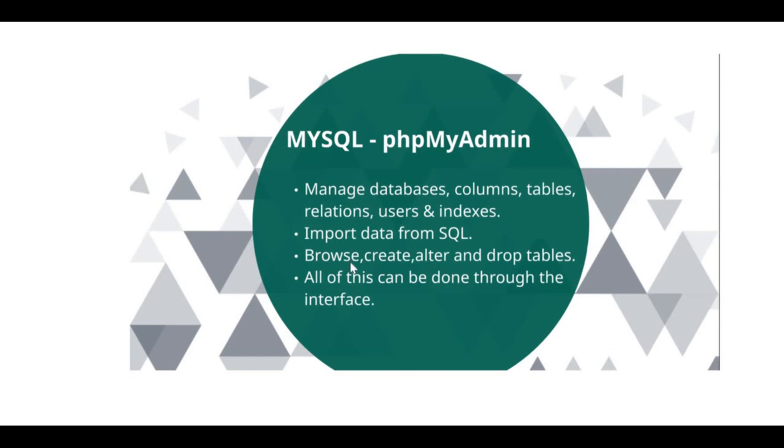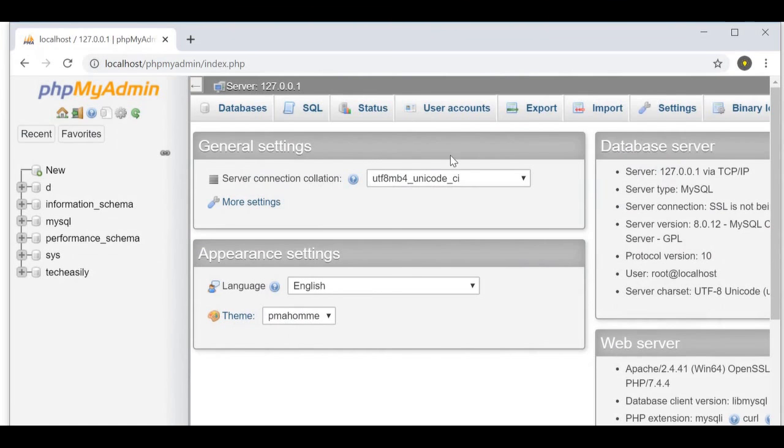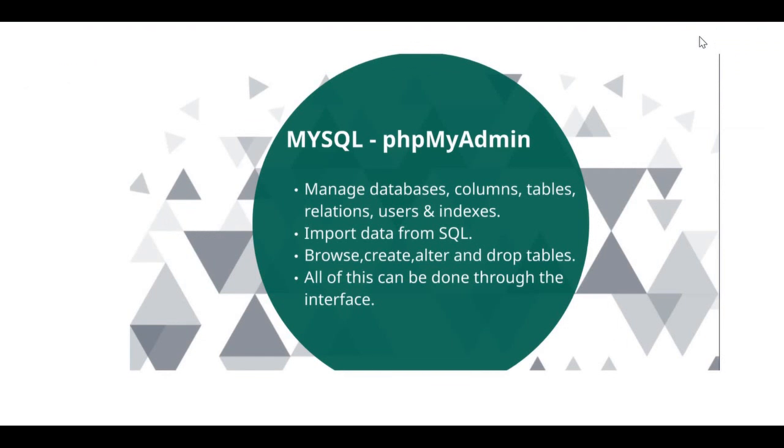I'll show you how to do all of that in a second. You can also import data from SQL, so that's really useful too. You can browse, create, alter, and drop tables. And all of this is going to be done through this interface. It's actually really straightforward and easy to use once I get to this. But for now, let's move on to